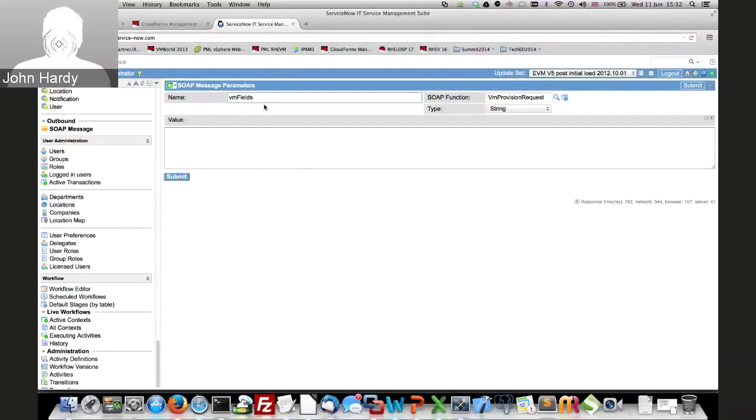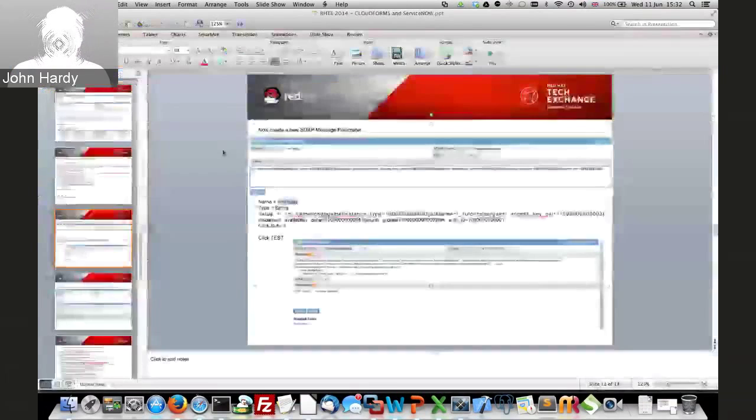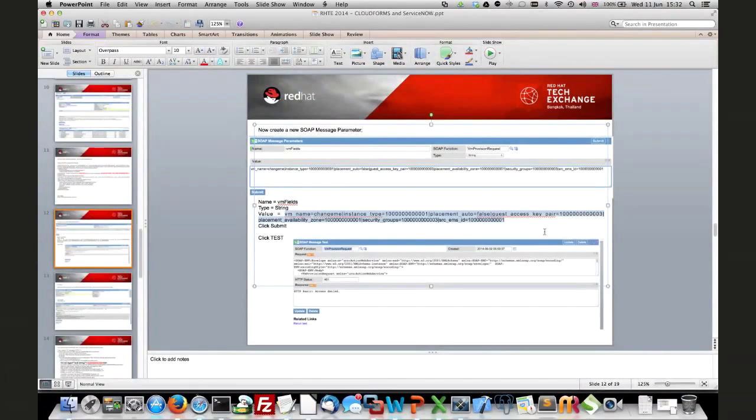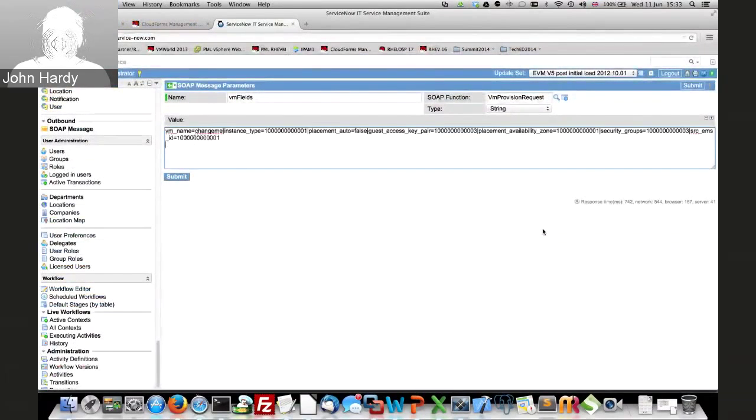So in the name field, put VM fields. And in this value field here, we must now put in the values that we want to do. Let's go back to the presentation and copy that value string. All of that. So if you copy that VM value string and then put it into there, like so,